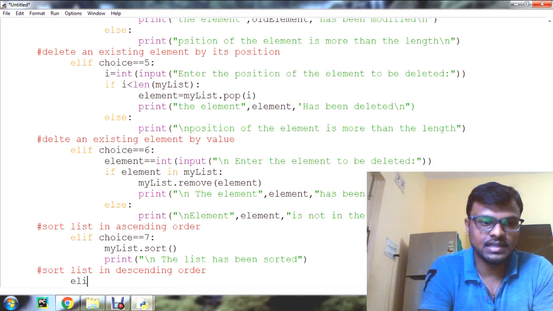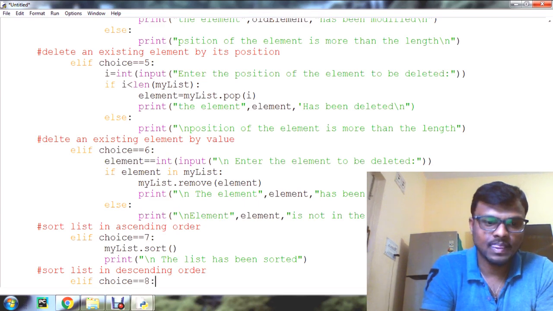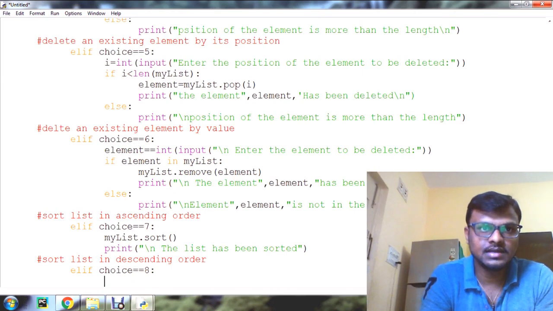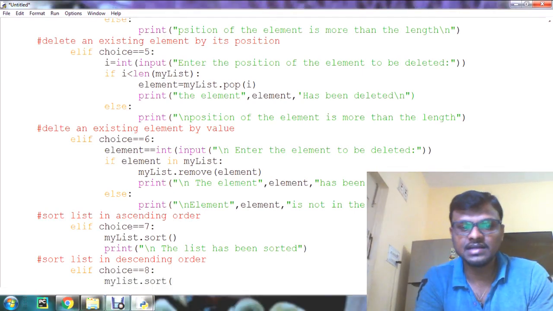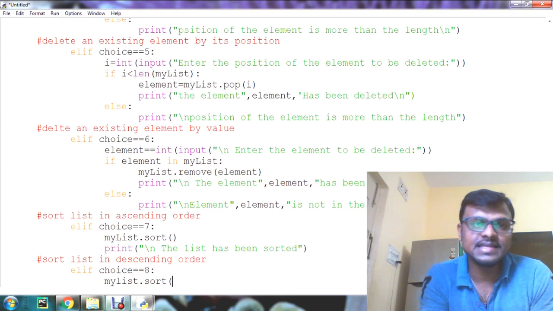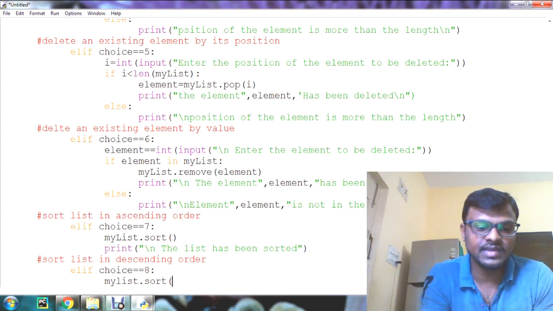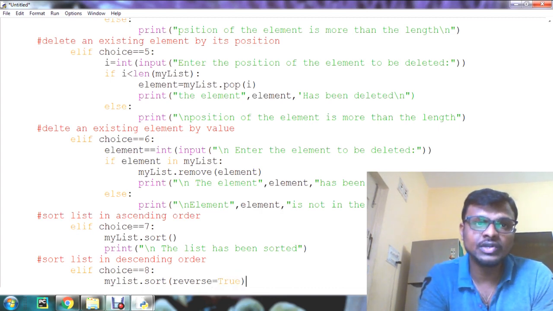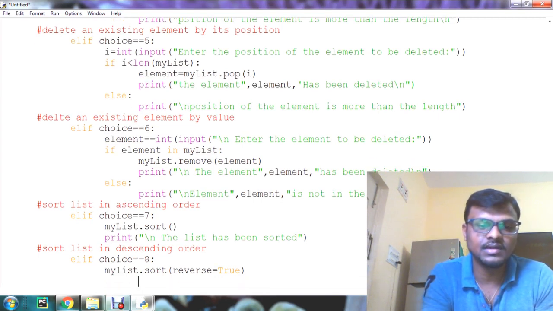To do this, elif choice is equal to 8. Okay, to do this, we can use my list dot sort. Here we need descending order, so to do that we can use reverse is equal to true. If reverse is equal to true, then it is going to do the reverse order sort. Clear? Then print